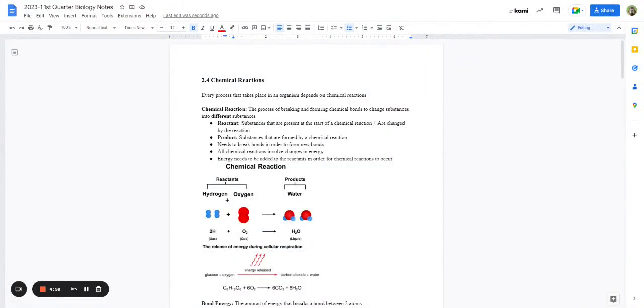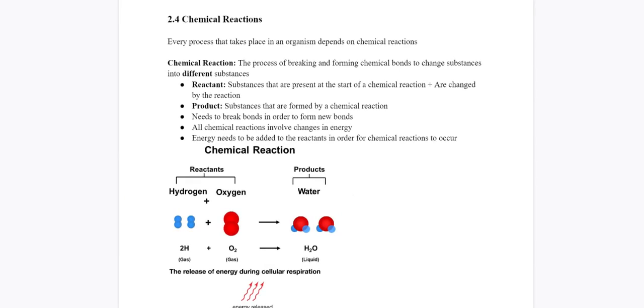Okay, so we are going to start with 2.4 chemical reactions. Every process that takes place in an organism depends on chemical reactions. So, what is a chemical reaction? A chemical reaction is the process of breaking down and forming new chemical bonds, and so it changes substances into